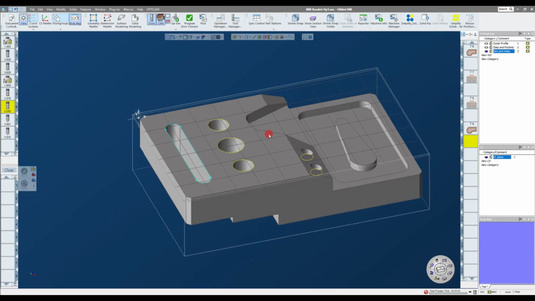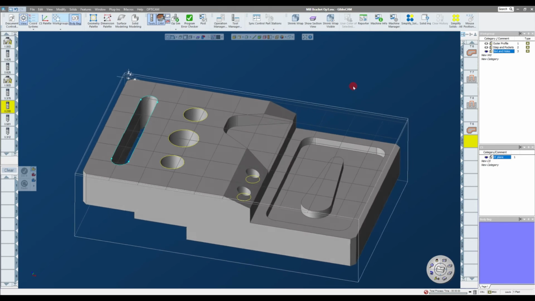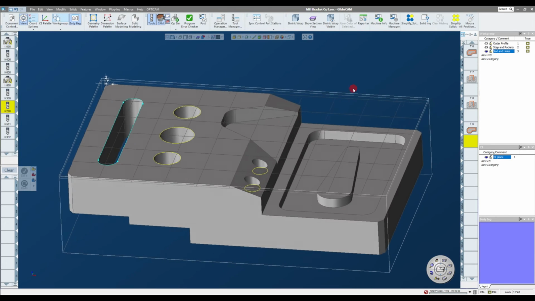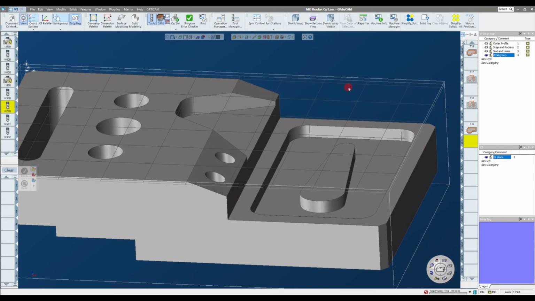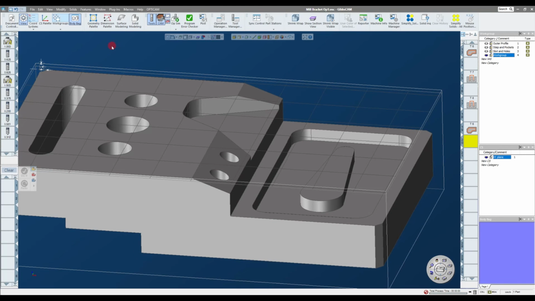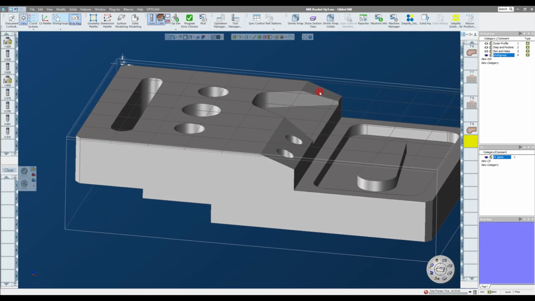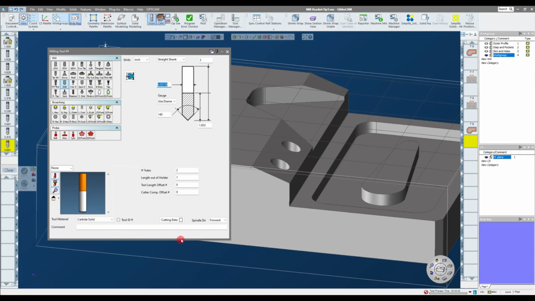We're going to use a ball end mill to surface this angled 20-degree angled face here. Now I don't need a new work group, but I am going to go to a different work group just because it makes all my geometry disappear, it cleans up my interface, and it's a little bit neater. So I'm on an empty work group, and I need to create a tool. So for this, let's create a